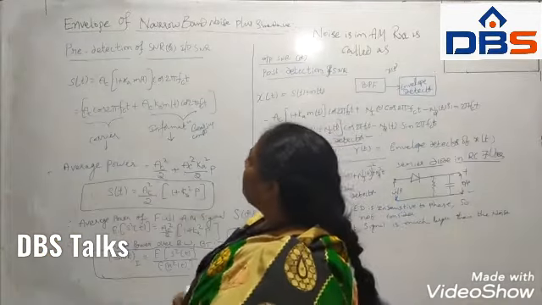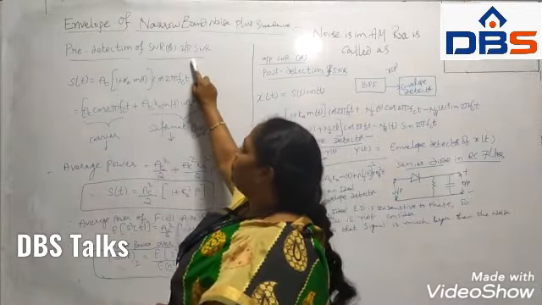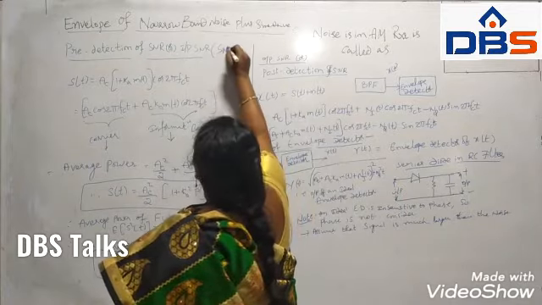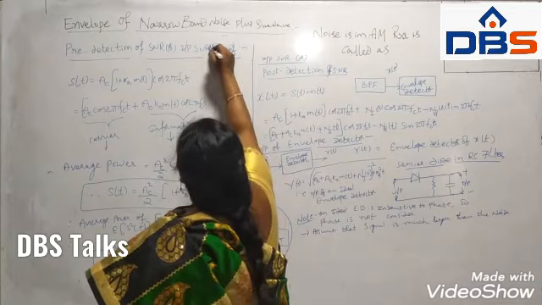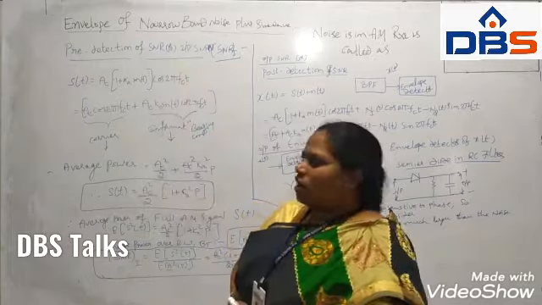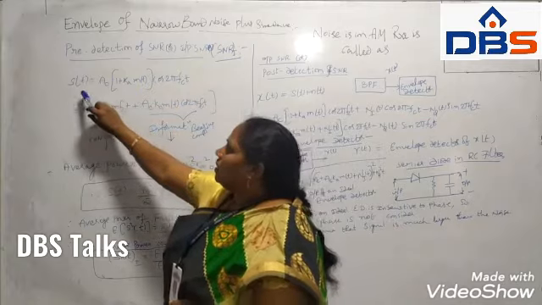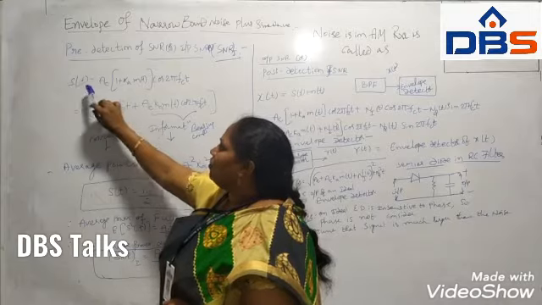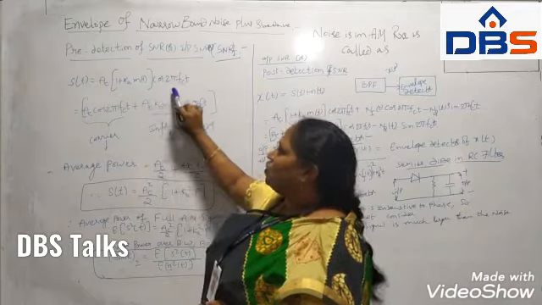So this is the prediction of SNR, the signal to noise ratio, or input signal to noise ratio. We represent it as SNR suffix I. That is the pre-detection signal to noise ratio, or input signal to noise ratio. Here S of t is the AM signal: S of t is equal to AC into 1 plus Ka m of t cos 2 pi fct.